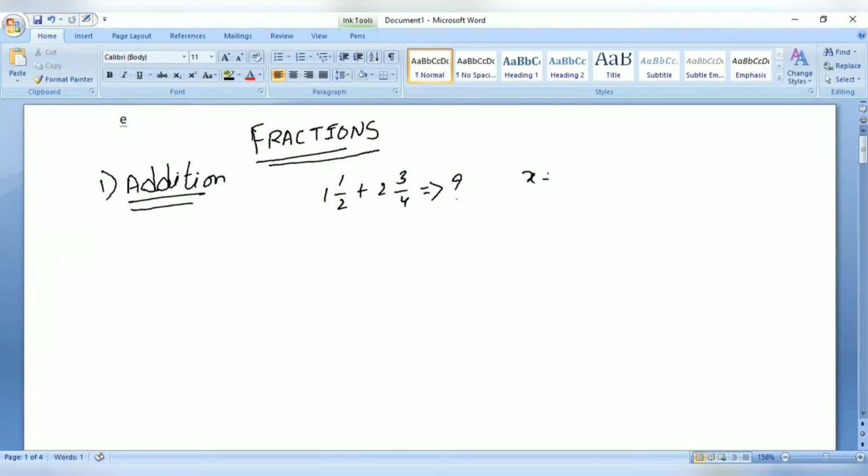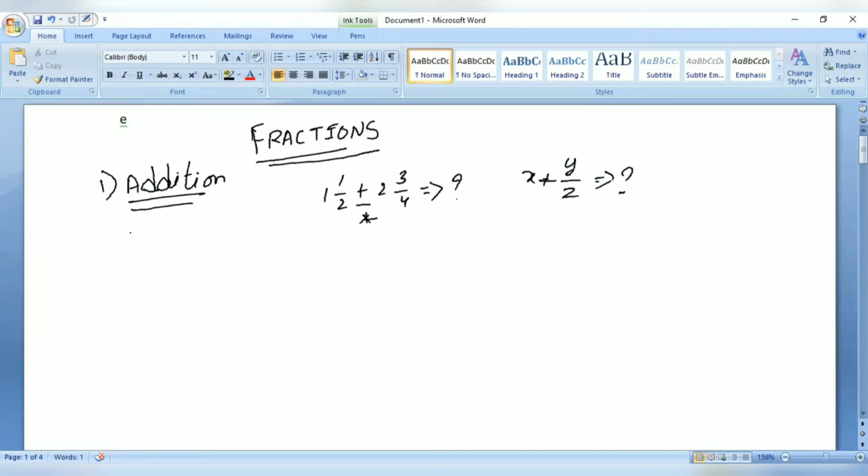Or if I say some value like x plus y by z, then how do we solve this mixed fraction within just the given time? We have different ways of solving these questions. Today we are going to see them. Now, as I mentioned earlier, when you are dealing with fractions, this may include addition, subtraction, and multiplication as well. So now we will be seeing the problems related to addition.